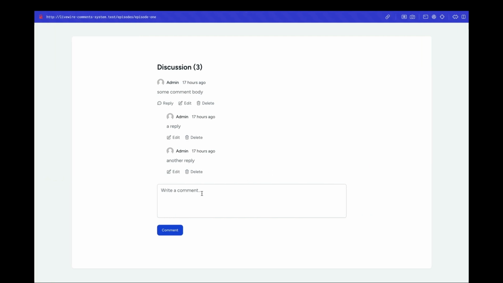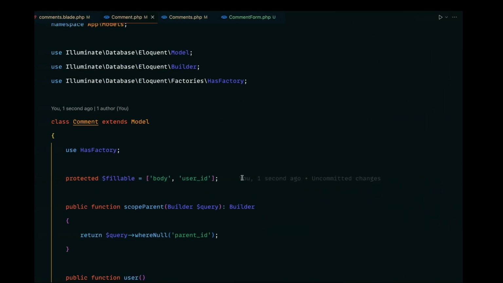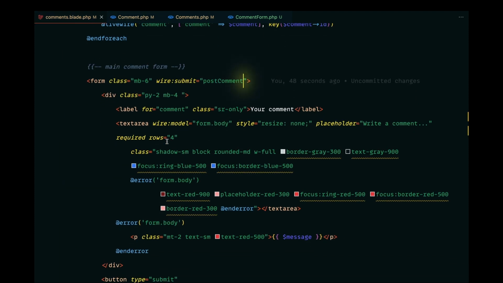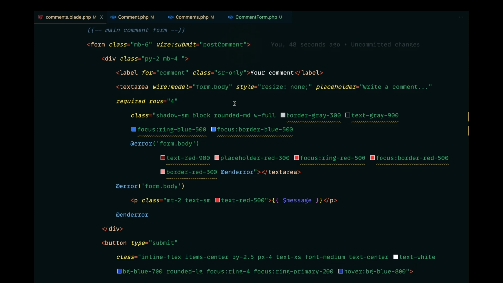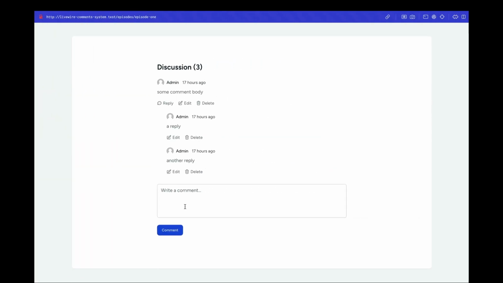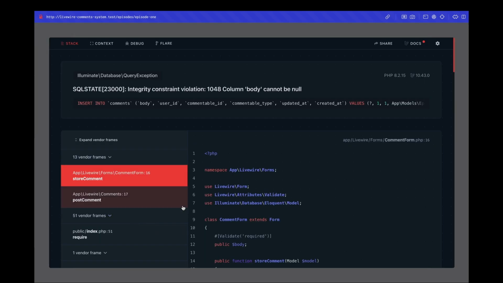Okay, let's go ahead and reload, and if I click on comment, okay, we have this HTML5 validation kicking in, but yeah, let's go ahead and remove that for now. And let's go ahead and look into the validation flow, whether it's working or not. So yeah, for now, I'll just go ahead and remove this required thing from here. And let's see whether we get that validation message from Laravel and Livewire. If I click on comment,